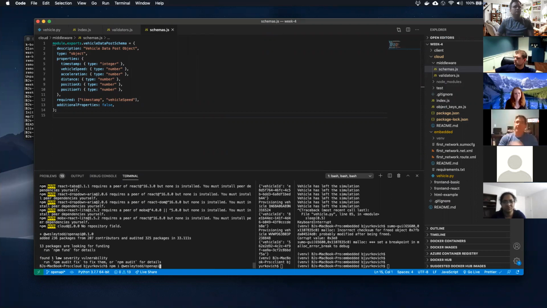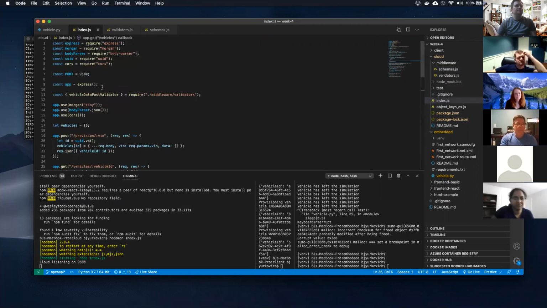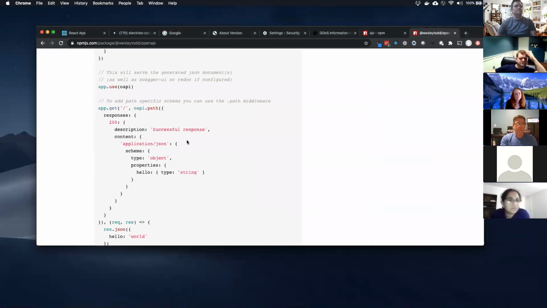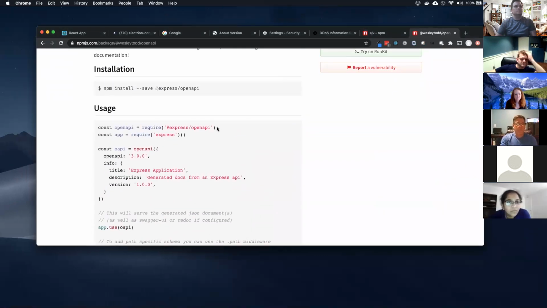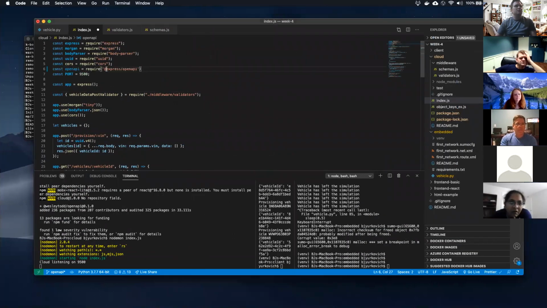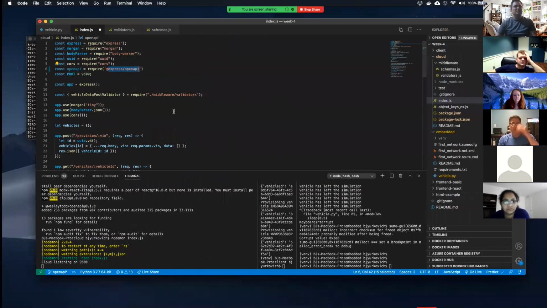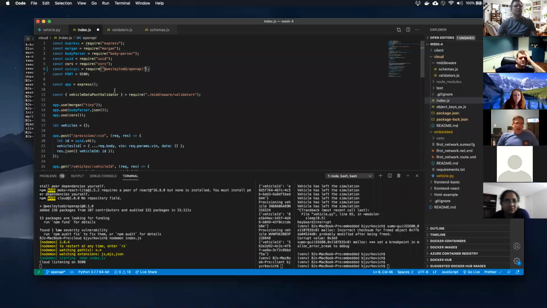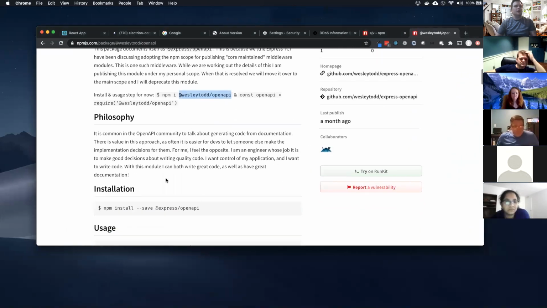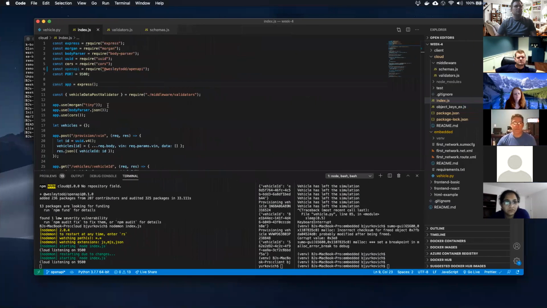All right, so let's do what it said to do. Import this, but we have to import it using this. I don't know why it doesn't lead with that. It seems like kind of a... All right, and then I'm going to copy and paste this.